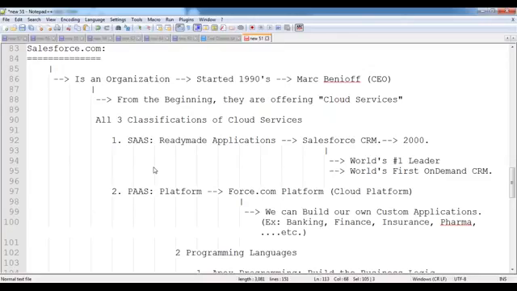By using these Salesforce resources, we can store your customers' information by using the Salesforce CRM application. We can store all your sales related data, marketing related data, service related data, everything in one place by using Salesforce CRM.